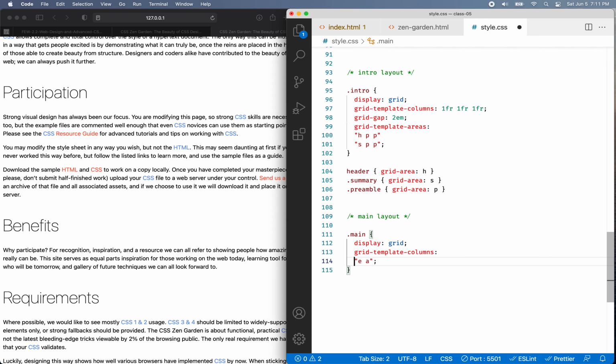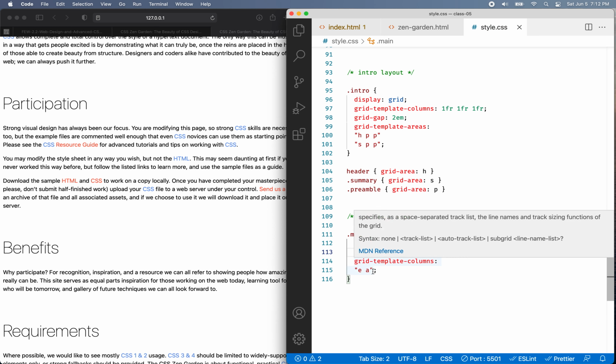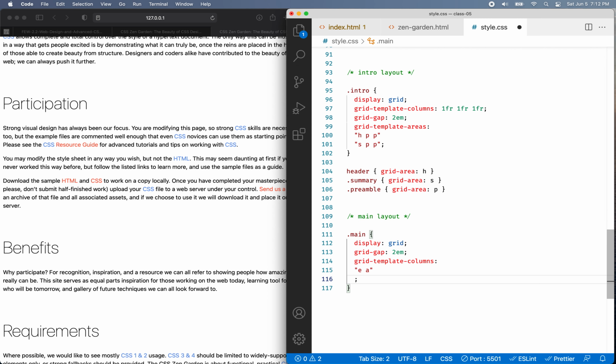And we'll put this on the next line. Maybe I'll also do the grid gap. So let's do grid gap and make it 2M just like we have up above, okay? So we'll do area, and then on the next line, this will be the footer, so I'm going to do F and F, right? And then